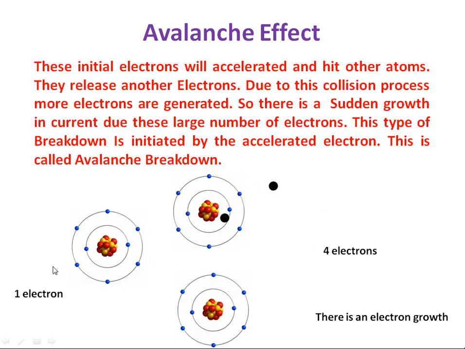So what is the avalanche effect? Initially one electron hits the first atom and releases another electron. That electron hits the nearby atoms and produces 2 electrons. Now see the animation once again. One electron produces 2 electrons. Again these electrons each produce 2 electrons. So 1 electron is converted into 4 electrons. So this is electron growth. If there is electron growth, it is known as current growth. So this type of breakdown is known as avalanche breakdown. Due to avalanche